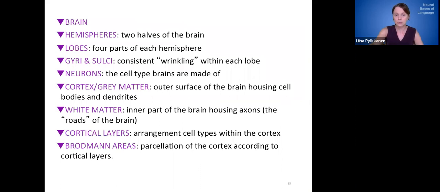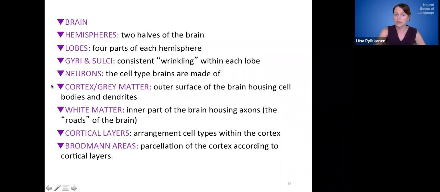So let's just do a quick review of what we talked about so far. We're talking about the brain. The brain divides into 2 hemispheres. Within the hemispheres, we have 4 lobes in each hemisphere, and within the lobes there's a relatively consistent structure of gyri and sulci, so that's a consistent wrinkling within the brain. Your brain is made out of neurons, so that's the cell type that we have in